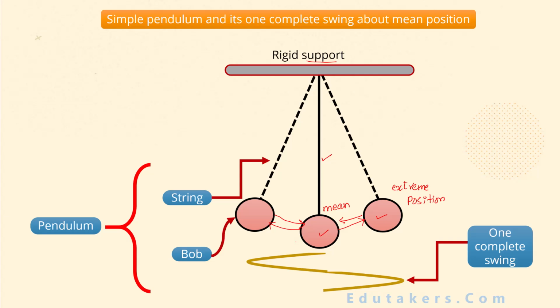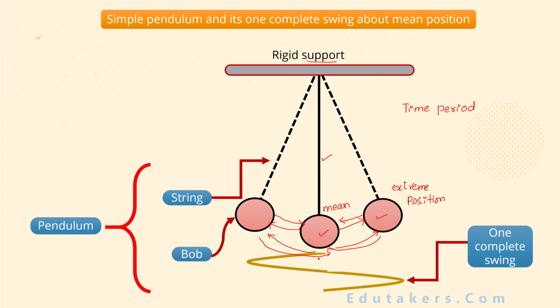The time taken by the simple pendulum to complete one swing or one vibration is called the time period. We can easily find out the time period of the simple pendulum. First of all, you have to know what a swing or oscillation or vibration is. If the body starts from the mean position, goes towards the first extreme position, then comes back to the mean position, again goes towards the other extreme position, and then comes back again to the mean position,